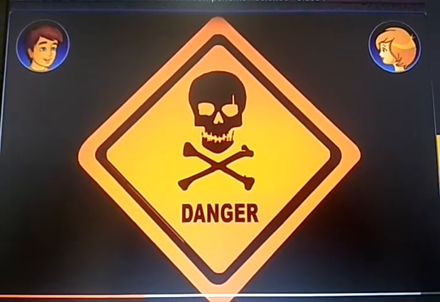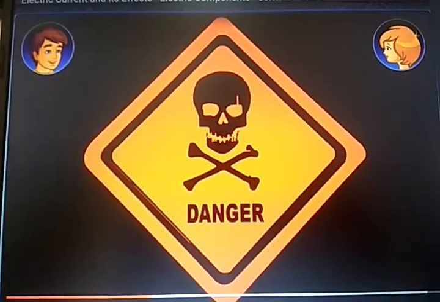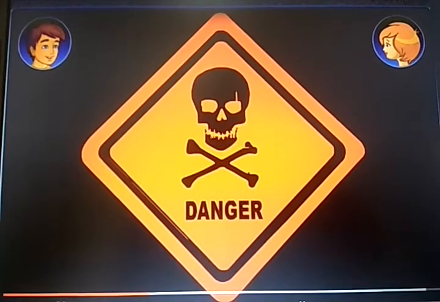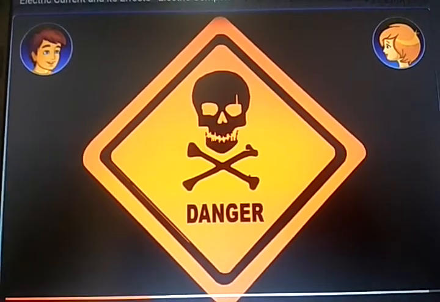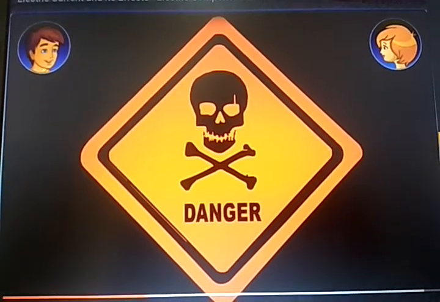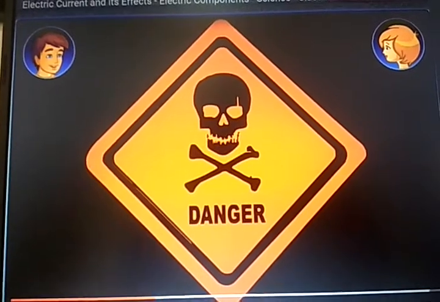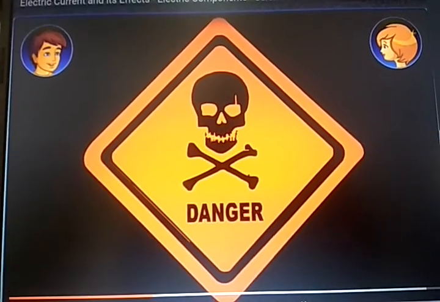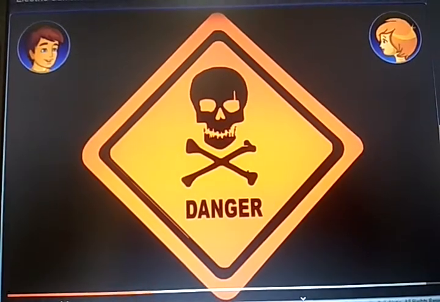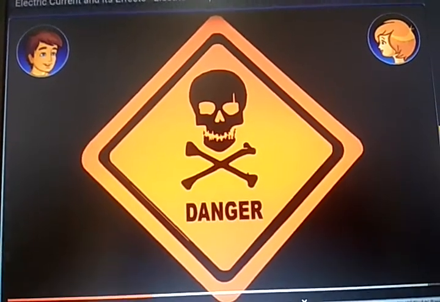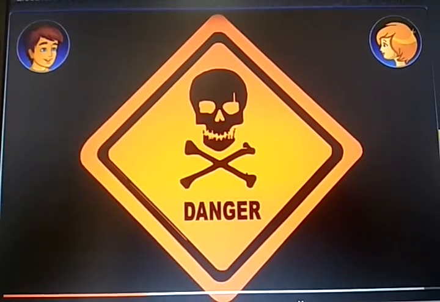Many times you have seen on electric poles at a railway station, where a transformer is there, such a type of symbol. What is this, students? It is the danger sign, meaning from that device around 25,000 volts, a high amount of voltage, is passing there, right? So we have to be careful and beware when you see such a symbol. Don't touch any components or any wire. So beware of this.